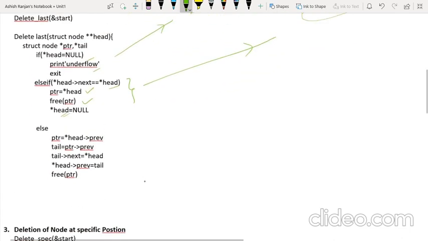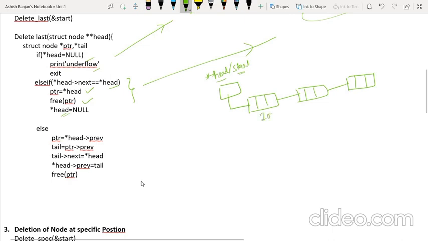And the third case. Let's suppose we have three nodes. So this is head, asterisk of head or start. But start is not a local variable of this function, so we'll use asterisk of head. So here 1000, here 2000, and here 3000.